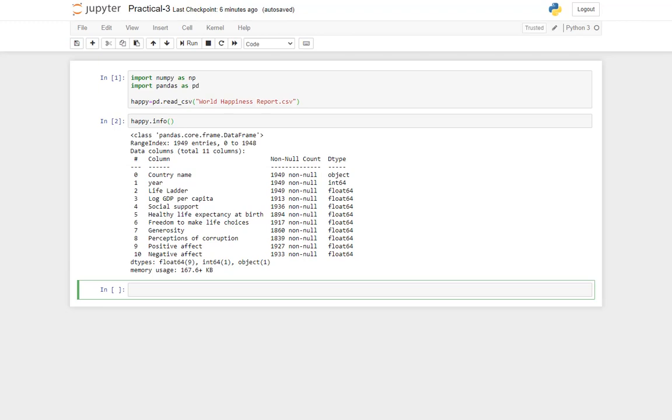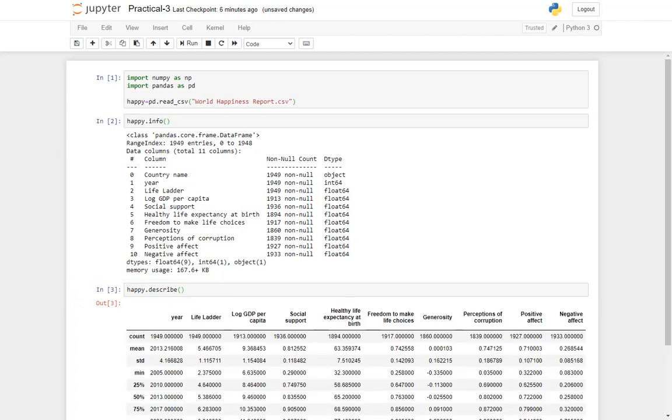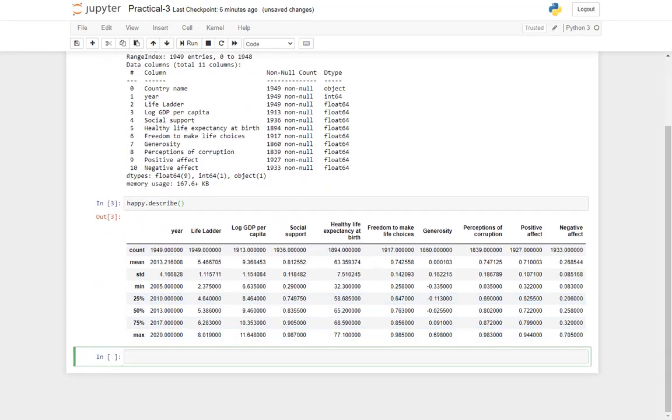Even here we have a describe method. What it does is give you standard statistics for the numerical columns. It will not give you these standard statistics for the columns whose data type is object, or string columns.